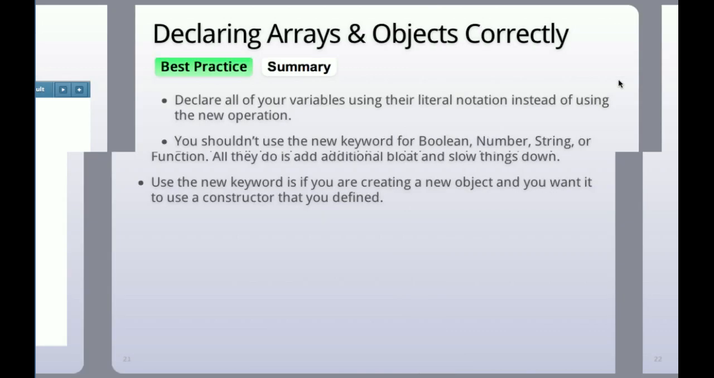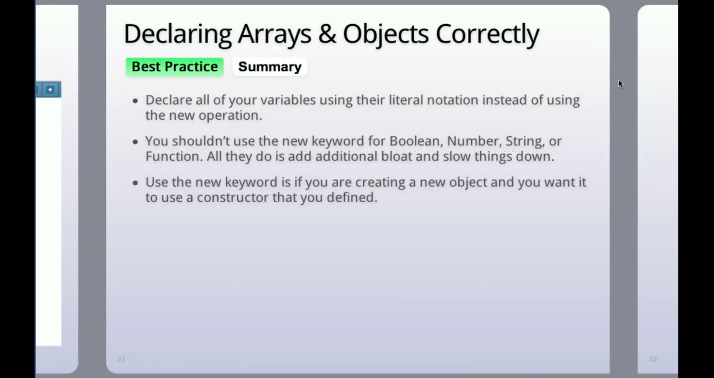And so really the best practice is to use the literal notation of both of them and reserve the new keyword for some of the standard things that JavaScript has, like I guess Date. But for Boolean, you don't need to do that. You just say true or false, stuff like that. Reserve the new keyword for custom constructors that you have. We'll briefly touch on that a little bit later, but